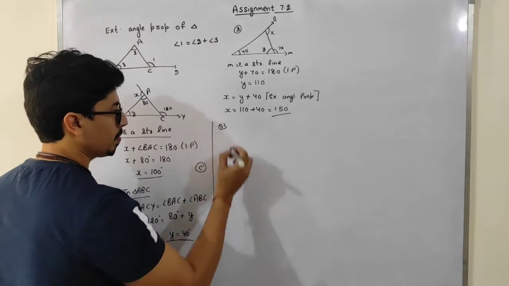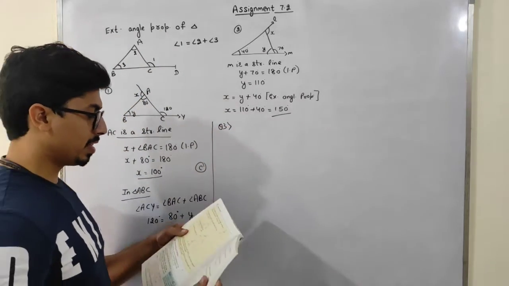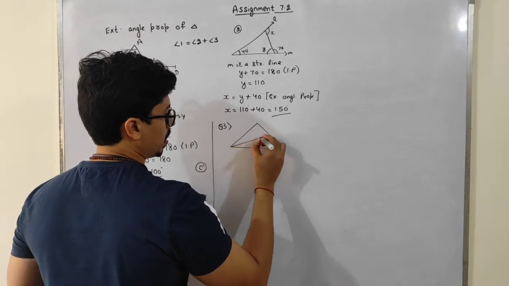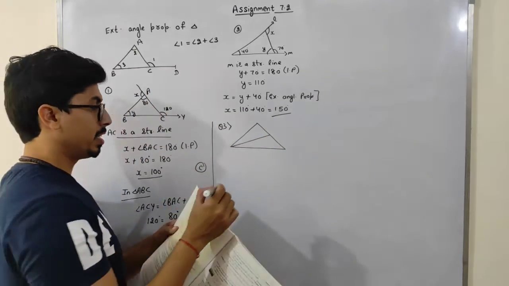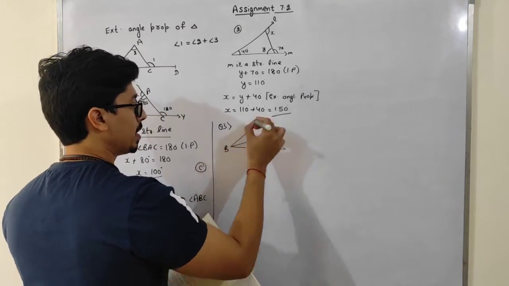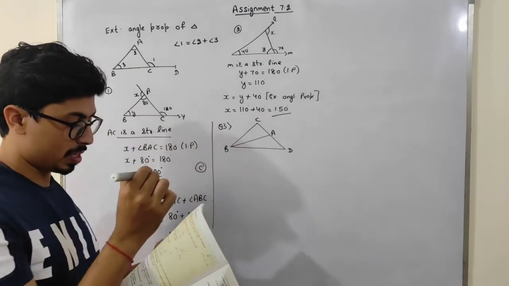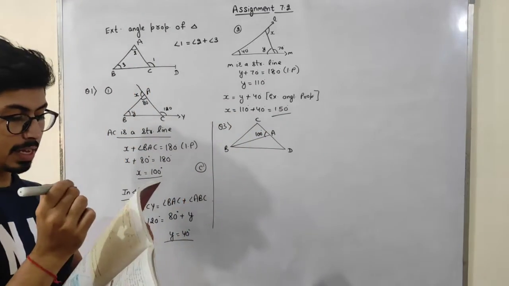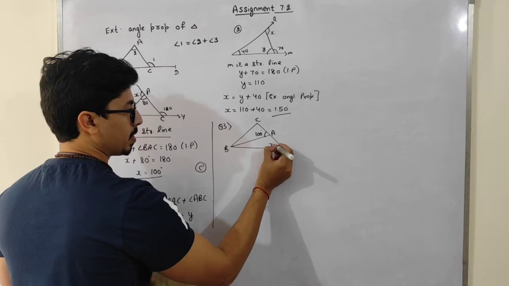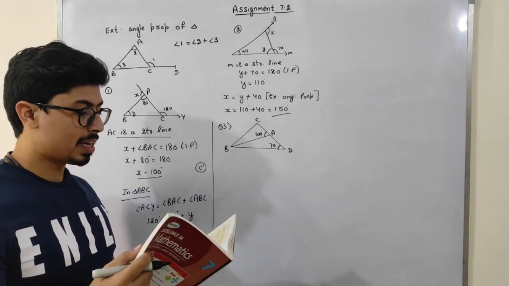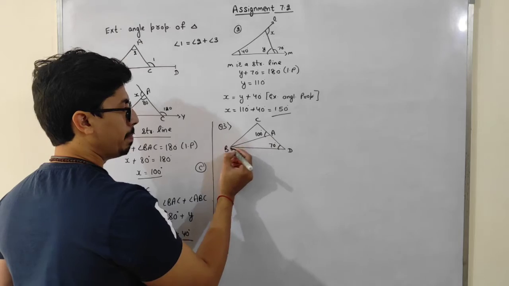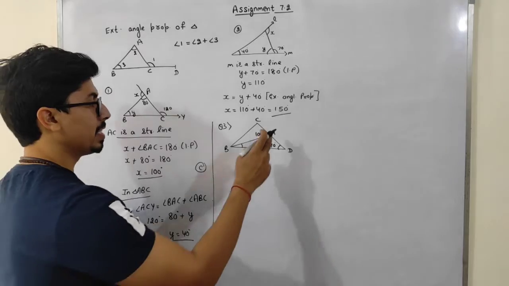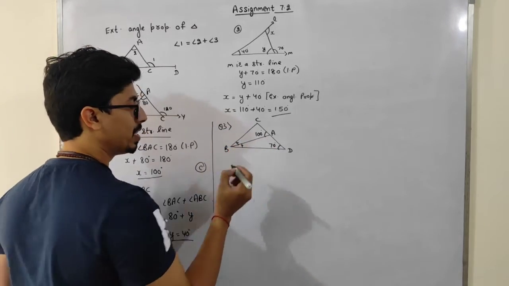See, a triangle is given. This figure is given to us, students. See, this is A, this is B, this is C, and this is D. This is 100. This is 70 degrees, students. And one more thing is given to us. Find ABD. This angle I have to find out. And also find ABC. I have to find out these two angles, students.